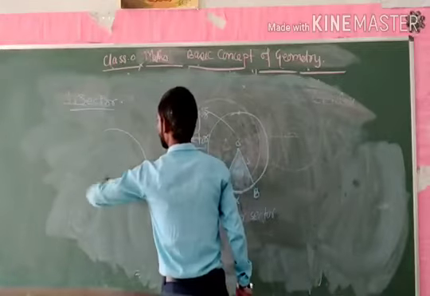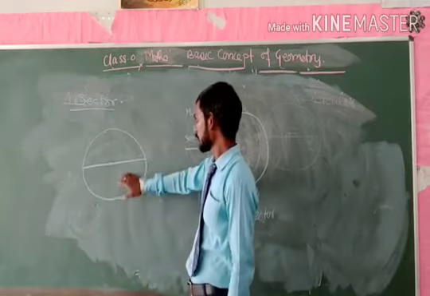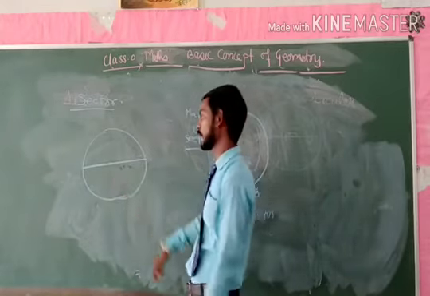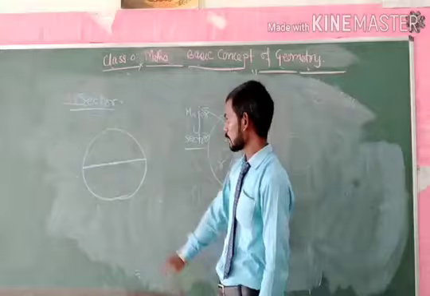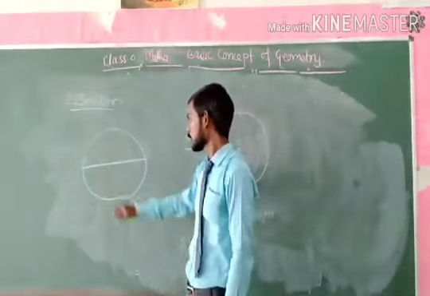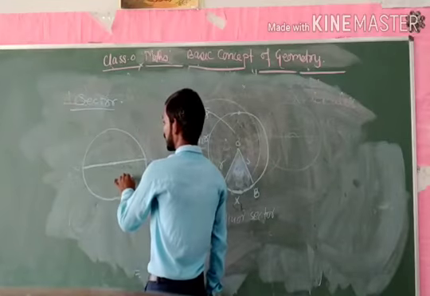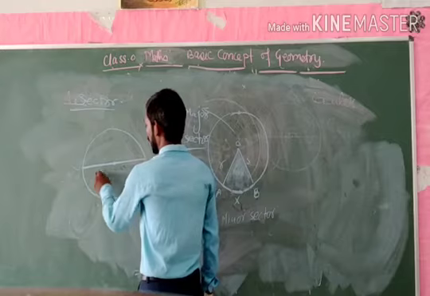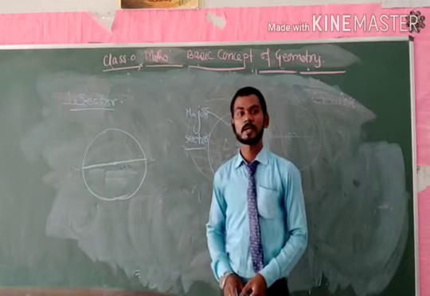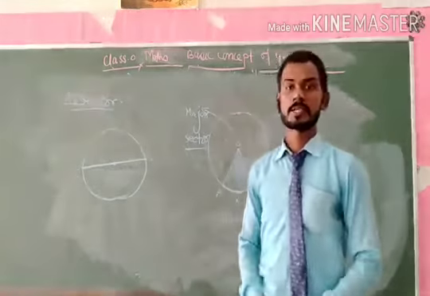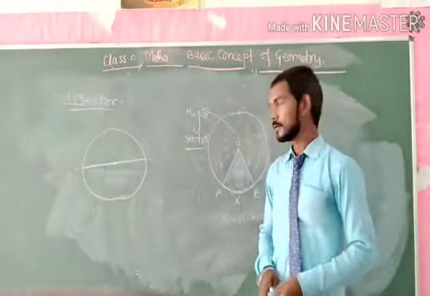And the sector formed by the diameter, that means here we can see that there are also two radii, but these radii are in the same line, so we can say that this is the diameter, and each sector is semicircular, so we define such a type of sector as a semicircular sector. I hope the idea about the sector is clear to everyone.